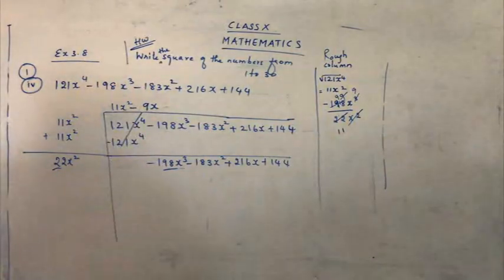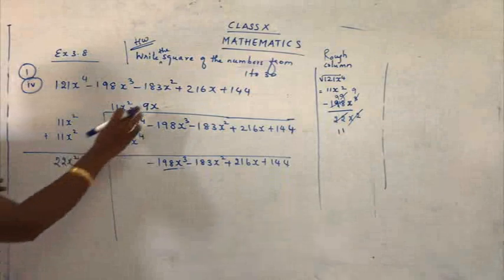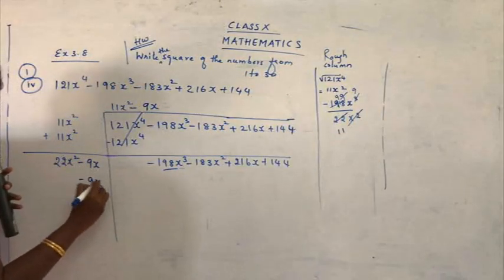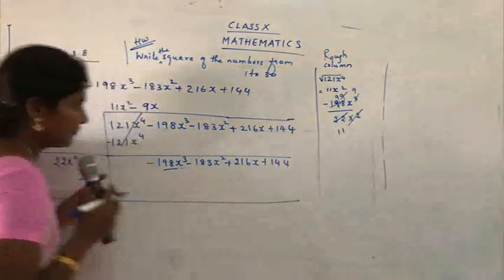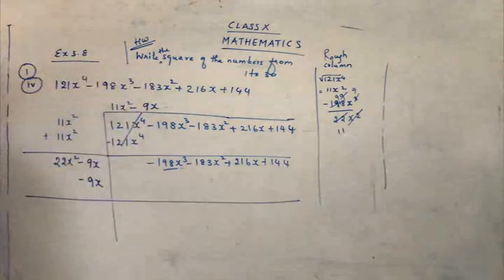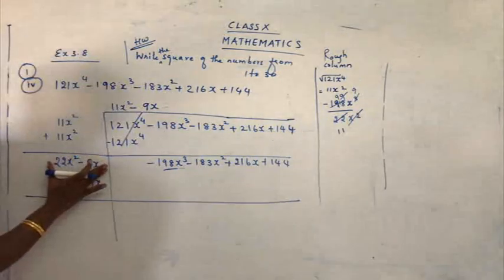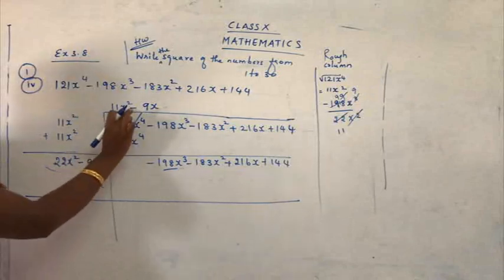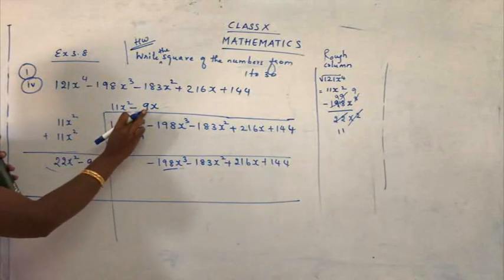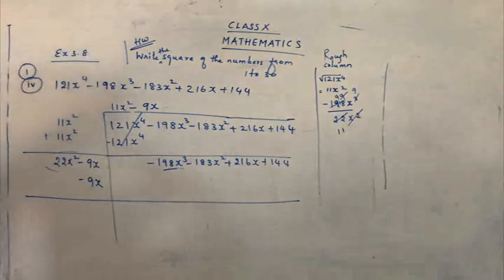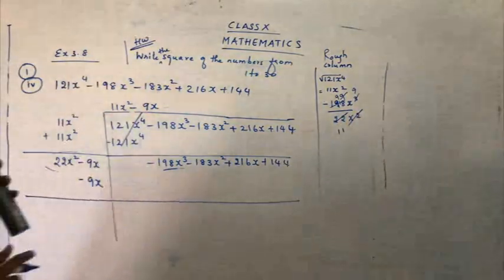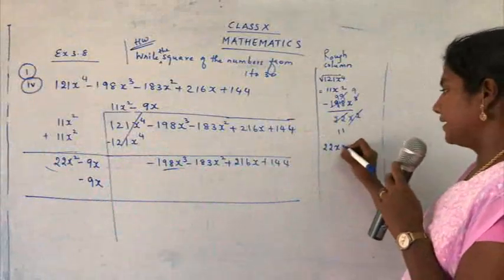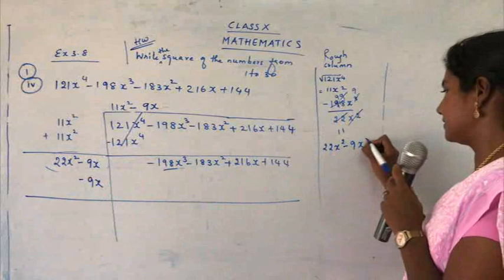Then we have to write minus 9x again here. 3 times we have to note down, yes? So minus 9x, minus 9x. Now what is the next step? Yes, we have to take this part. It is 22x square minus 9x, and you have to multiply by, note the sign, okay, just do not take 9x, you have to take the terms along with the sign. So this is 22x square minus 9x minus 9.